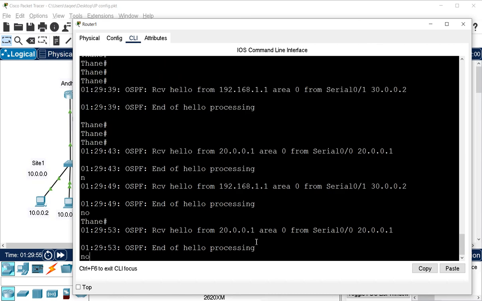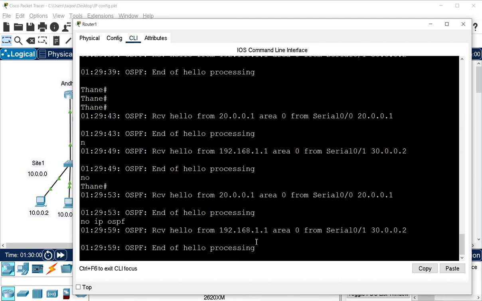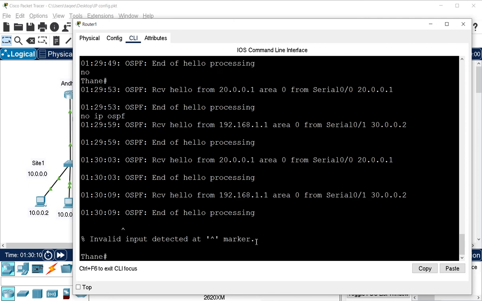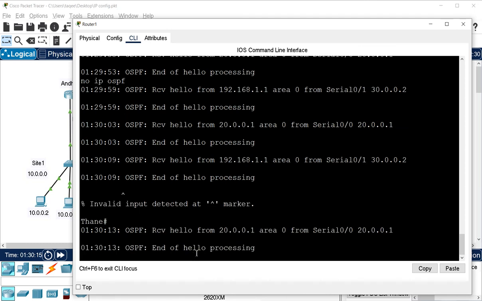No IP OSPF. Now you see my command is not showing. Where is my command? It is not showing. OSPF. Okay, it is a wrong command. It says invalid command. It is very hard to type the command when these messages are coming.